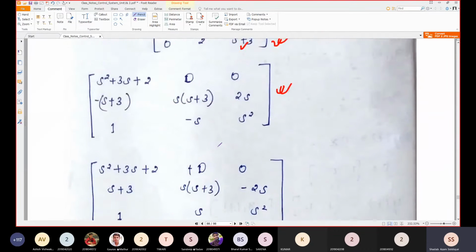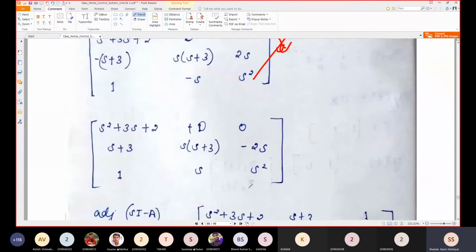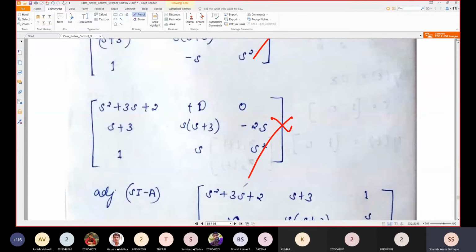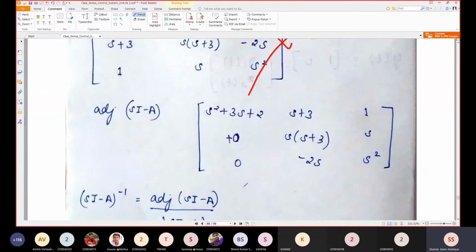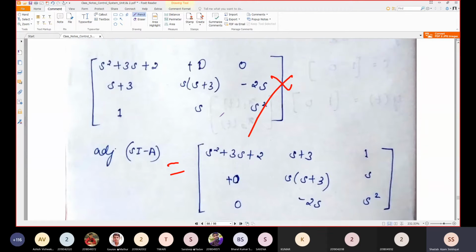This is found out column wise, and you can just forget about this thing. This is done for our simplification, so that's why the student has written it. So this is our adjoint. They have calculated it directly and put it in: calculated row wise and substituted it column wise.